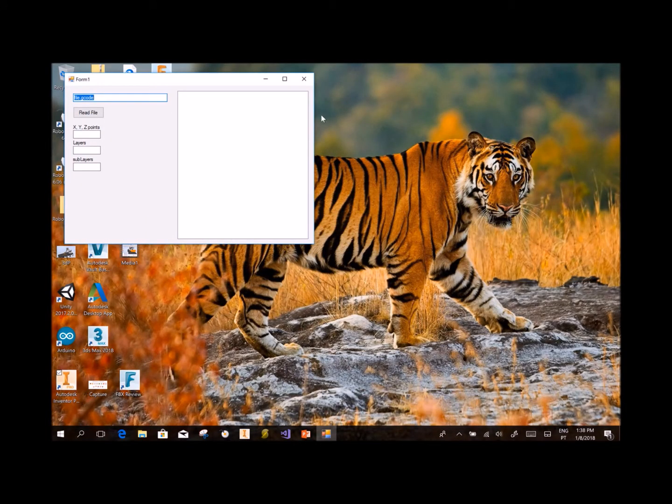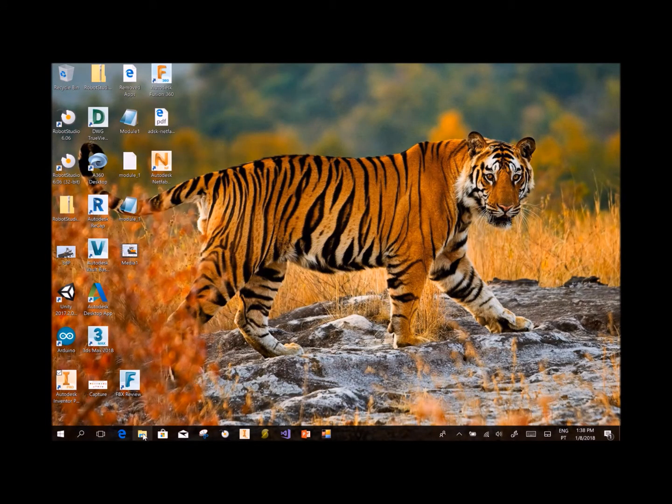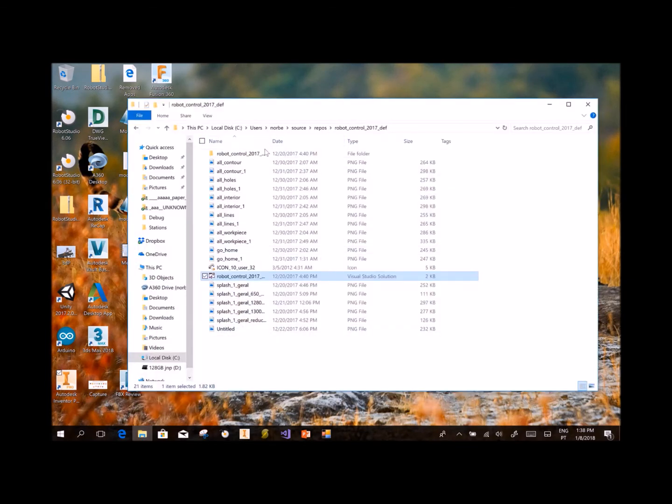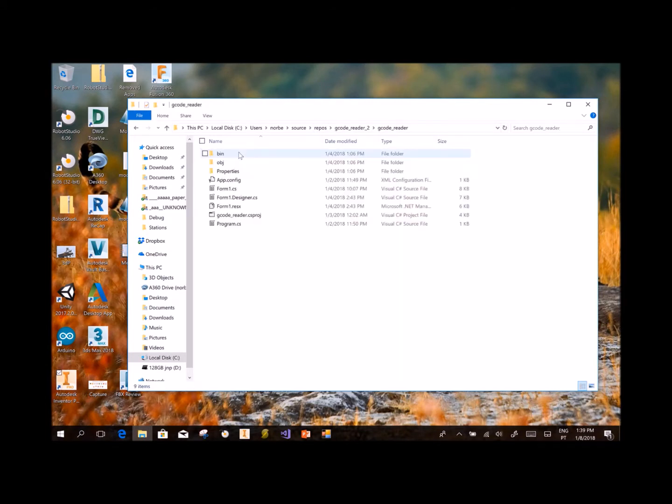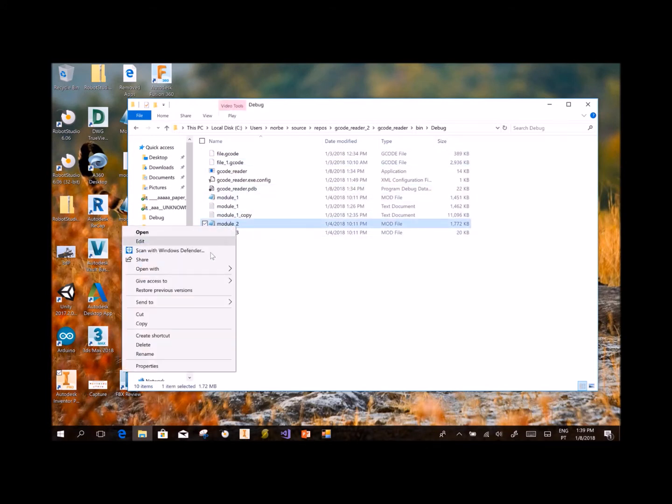As you know, I'm using ABB robots, so the code generated by this application is of course adapted to be used with ABB robots. Here it is